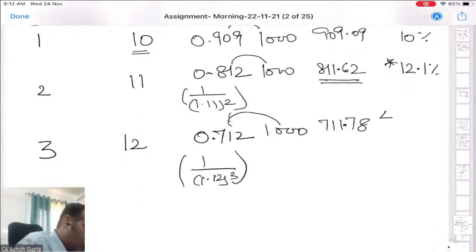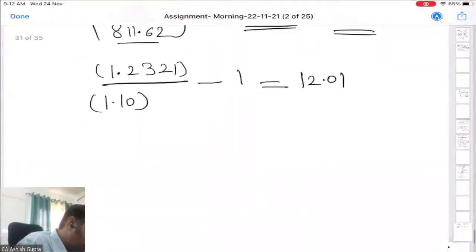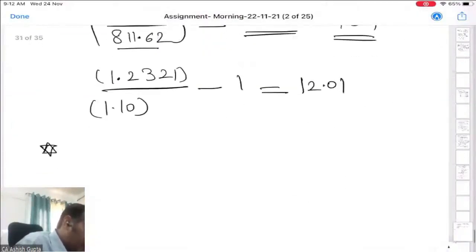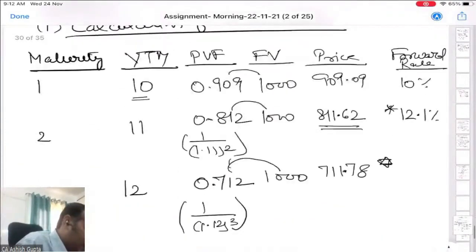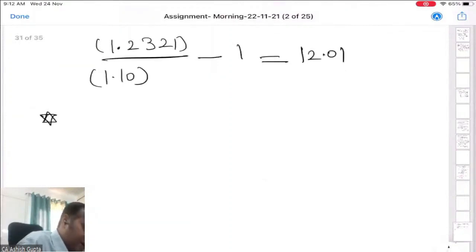Okay, students, now we are coming to third figure calculation. Now let us see how we reach about this calculation. As our value of the zero coupon bond is 71118 for the face value of this, we compute the spot rate. We can say that we can derive the spot rate.